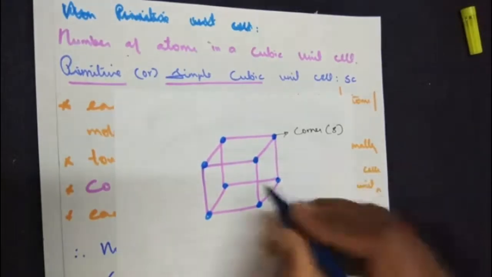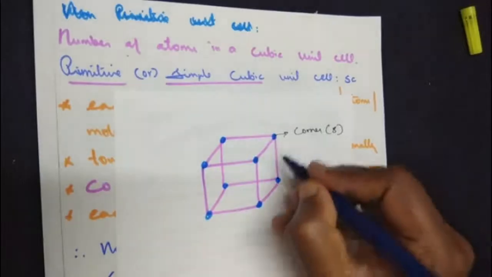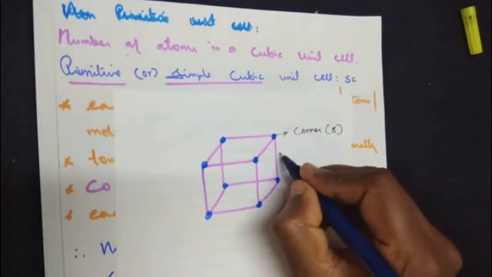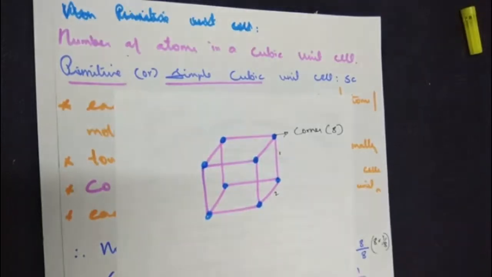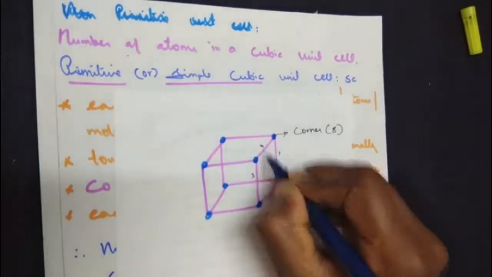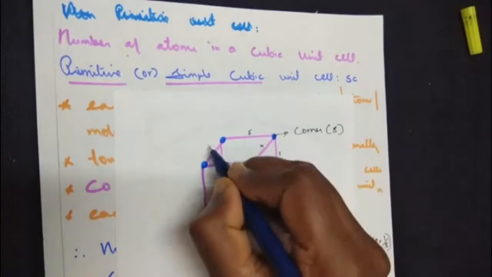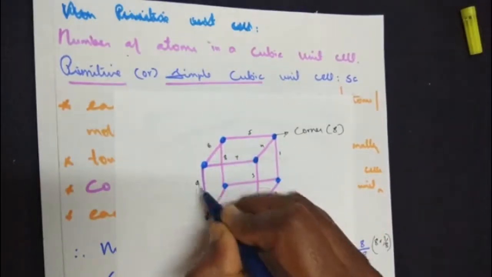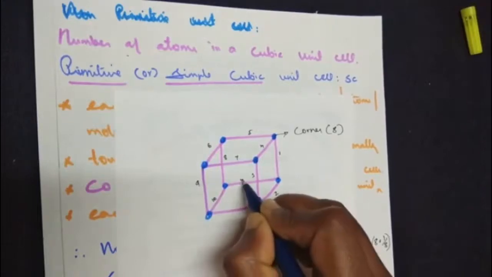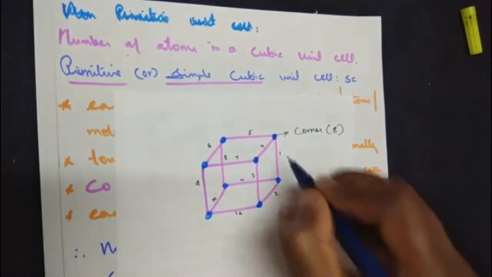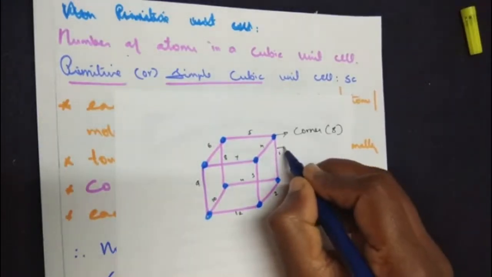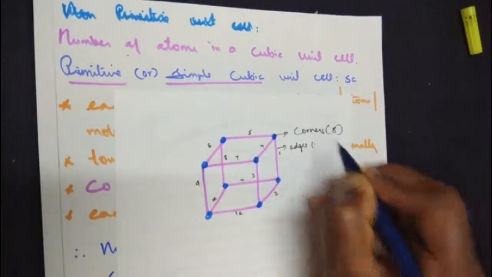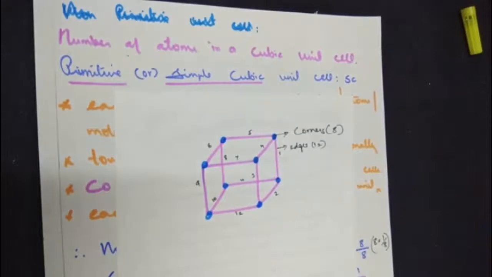Those parameters. So in terms of edge, how many edges are there? 12 edges are there. Let me count here. I'm counting the number of lines present, the number of edges. So 1, 2, 3, 4, 5, 6, 7, 8, 9, 10, 11 and 12. These are called edges. Corners are 8 and edges are 12.